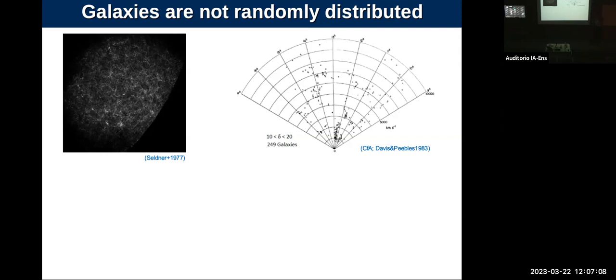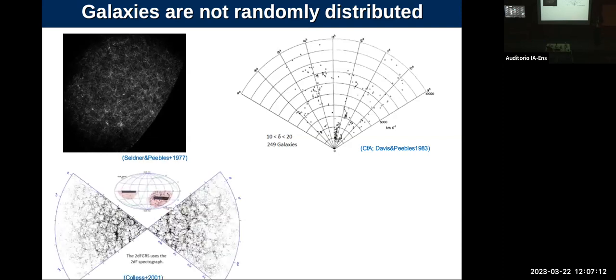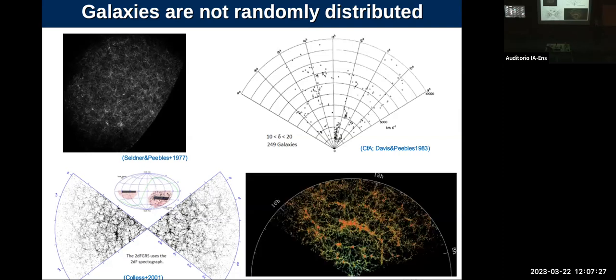Then with the years, these instruments became better. The regions of the sky that were sampled became much larger as well. And for example, the 2dF spectrograph here already shows the clear large-scale structure of the universe that is being traced by the galaxies. So this is also what we would call today the cosmic web. And already in these days, you have surveys like the SDSS that cover most of the sky, where you can clearly see this large-scale structure of the cosmic web of the universe.